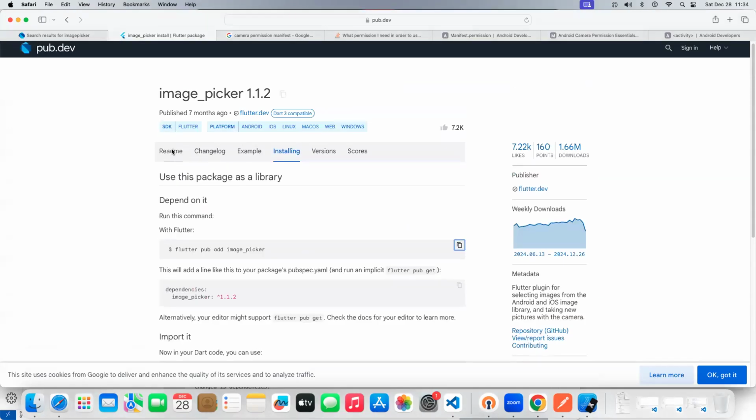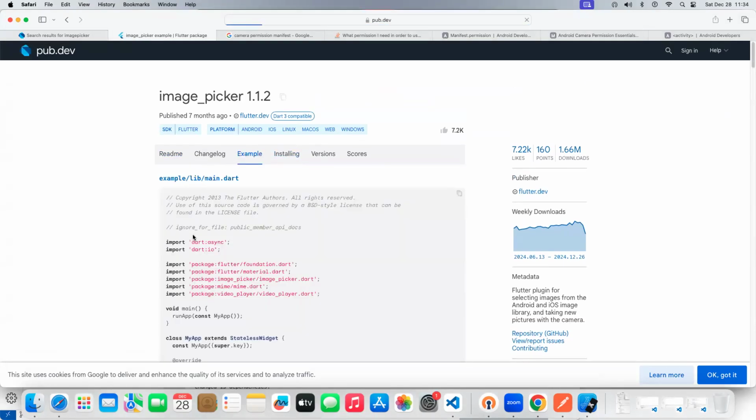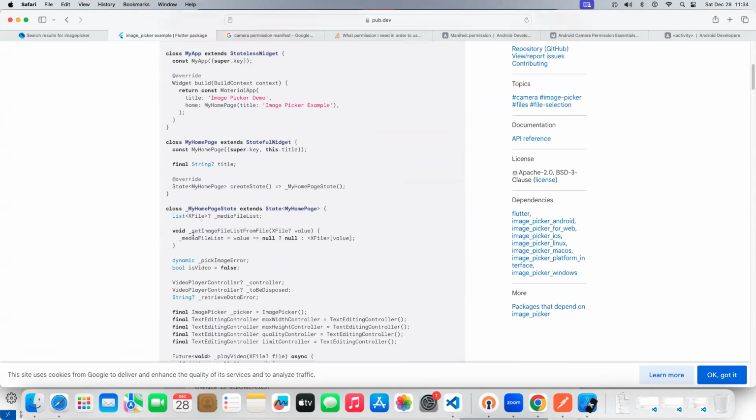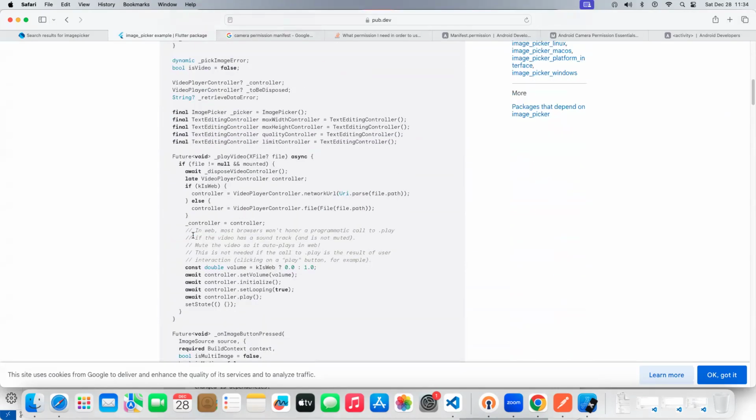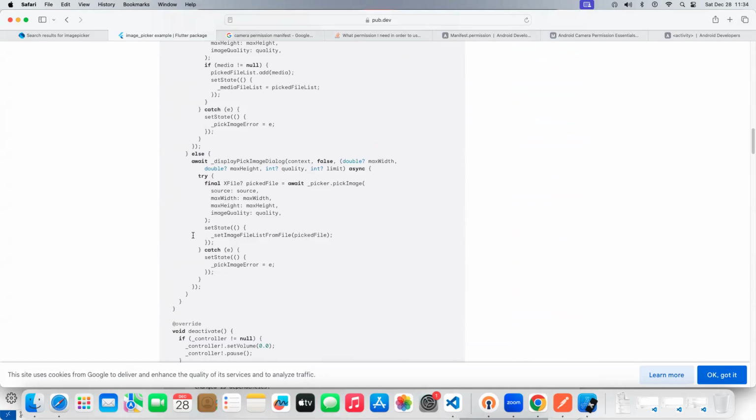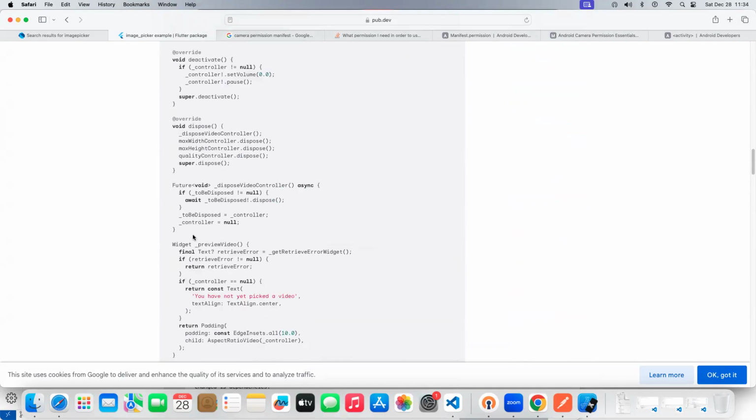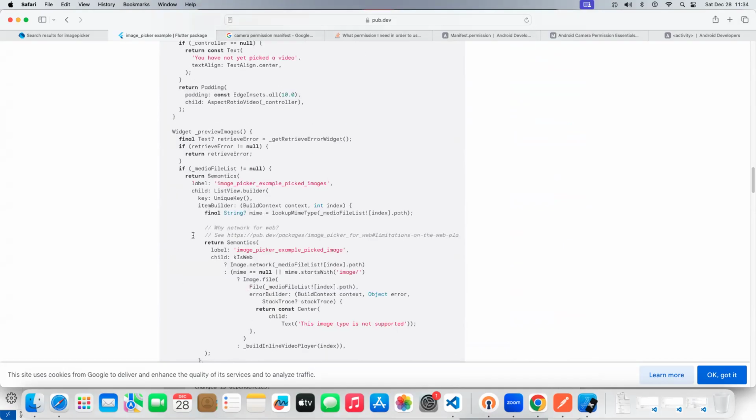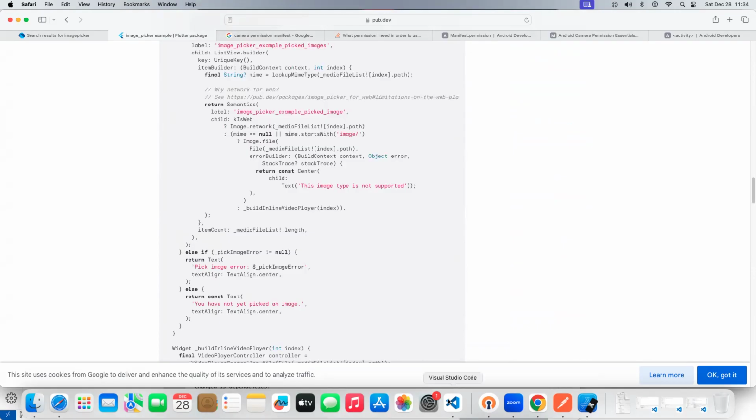Now go to the readme or go to the example also. In the example, we'll get a code. Did you see this one? This is the code you will get. With the help of this code we will pick the image from the gallery or camera. So here